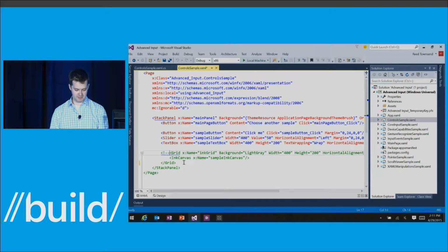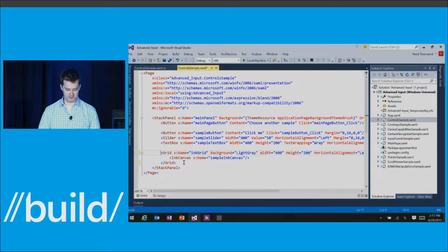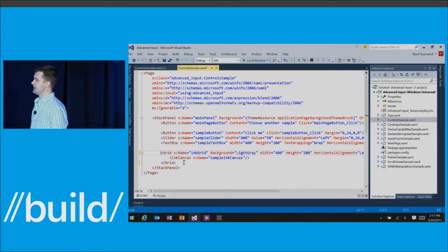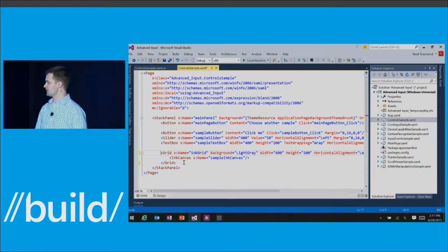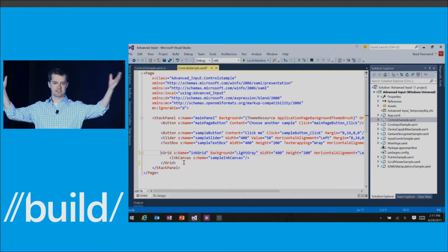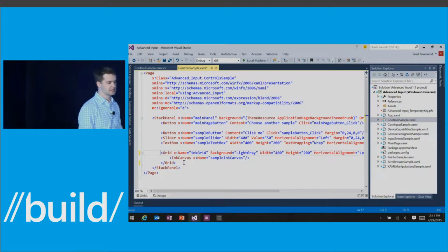I'm going to uncomment some code here and add an ink canvas. So ink canvas is one of the new controls we're offering in Win 10. It adds ink to your XAML app. The canvas will expand to whatever its parent element is, so I've just put it in a grid here and given it a height and width so it doesn't take up the entire surface of the sample. And in our backing C#,